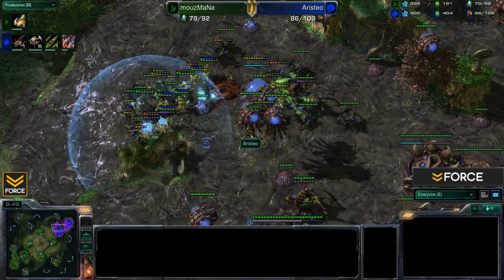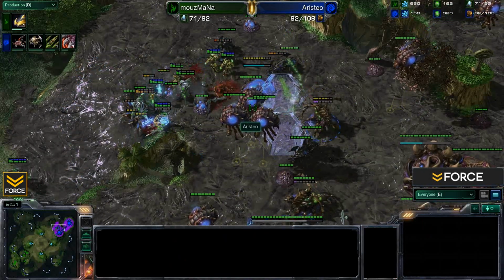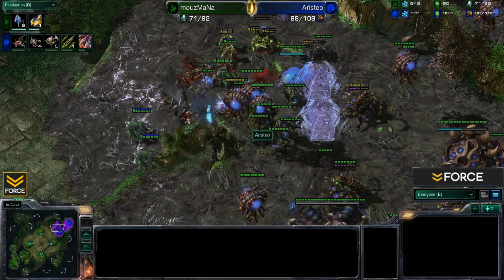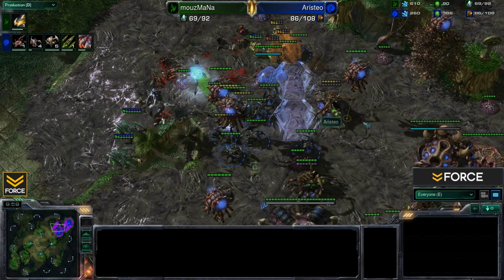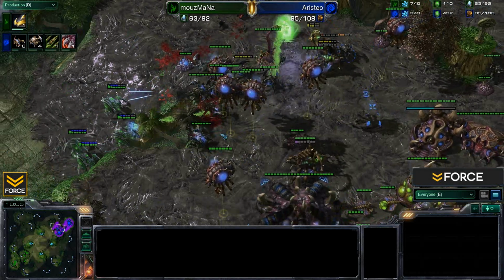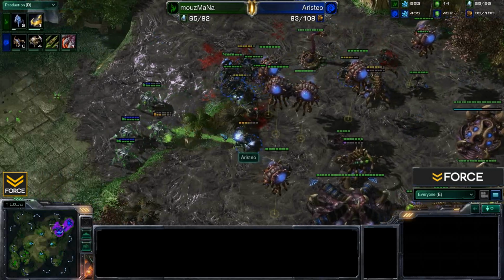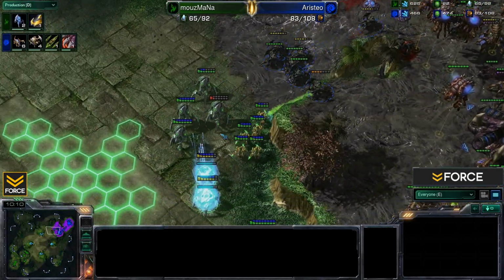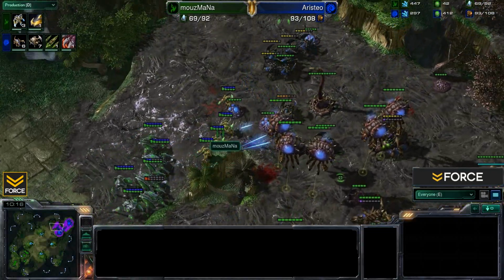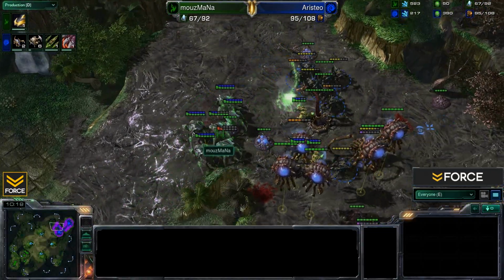Spinecrawler trying to do some damage, gets a transfuse, but ends up getting dropped. Some nice force fields there from MaNa. His force is getting smaller and smaller as we are going to be seeing Aristeo pump out those roaches, and the roaches plus Spinecrawlers proved to be an amazing defense here for Aristeo, and unfortunately MaNa hitting early may have been a mistake. May have been a better idea to wait for that armor upgrade, but he's going to continue